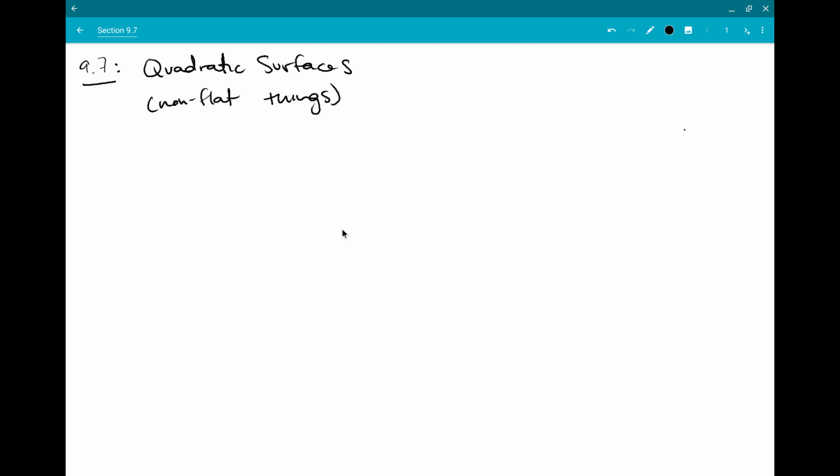We learned how to write equations for lines, equations for planes. This is going to tell us about equations for things that are a little bit more curvy. And then the equation for a quadratic surface is going to follow this general form,